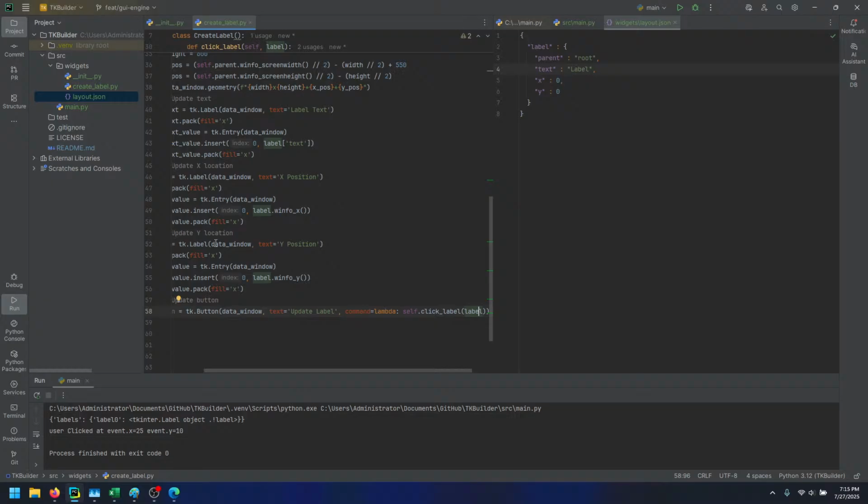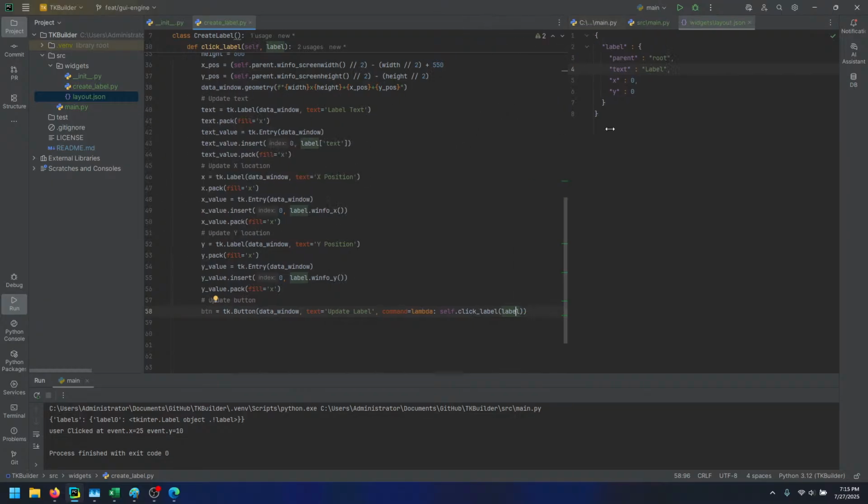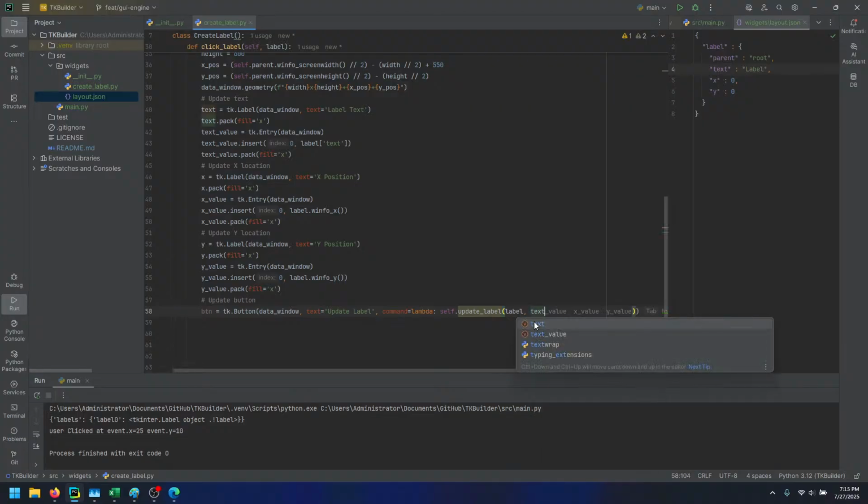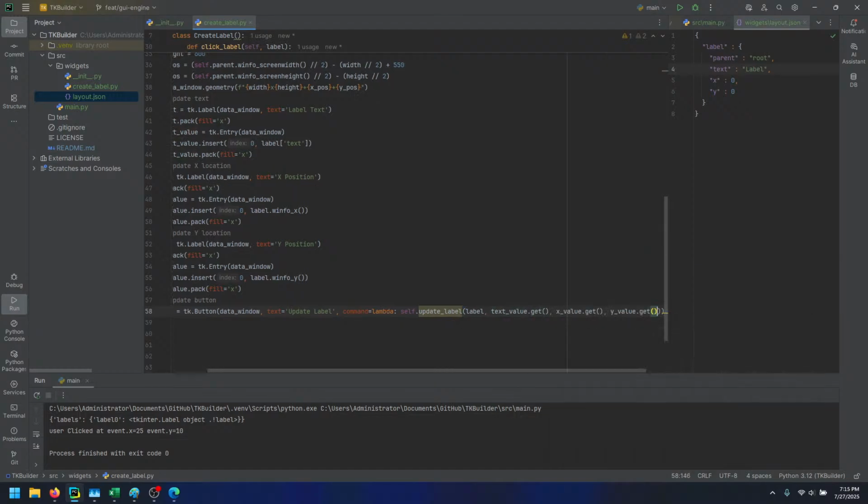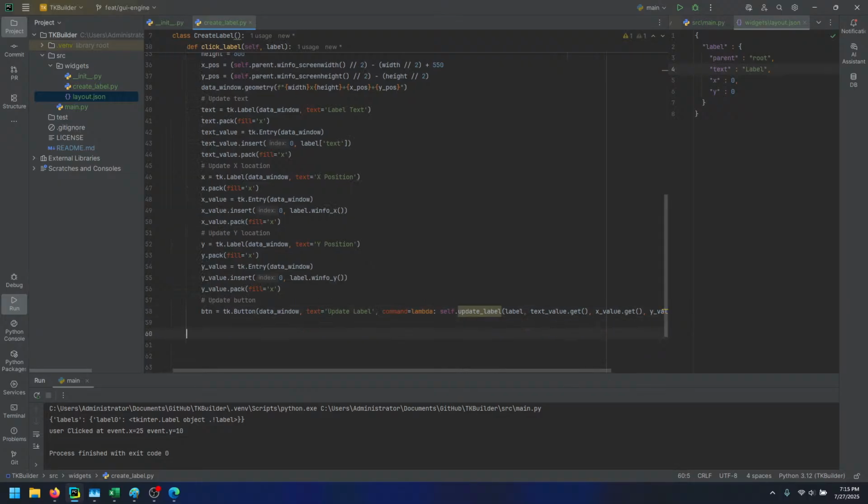I need to turn that into a dictionary and pass it. But just in the stream, let's do self.update label. We want to pass label. We want to pass text value dot get, x value dot get, y value dot get, and then the update label dot configure